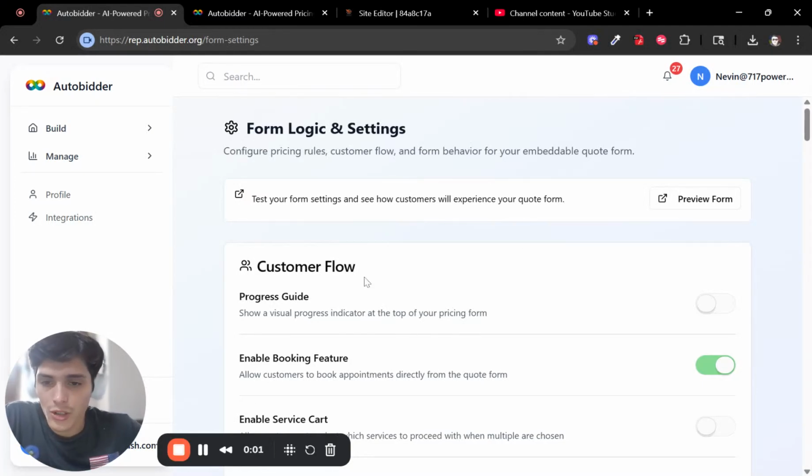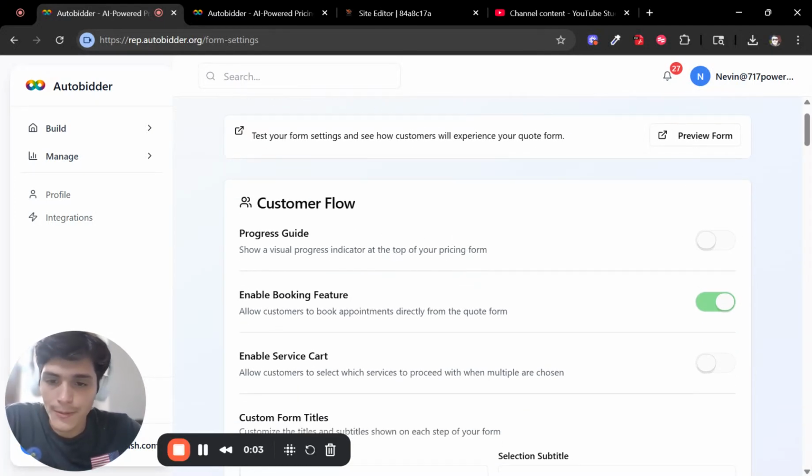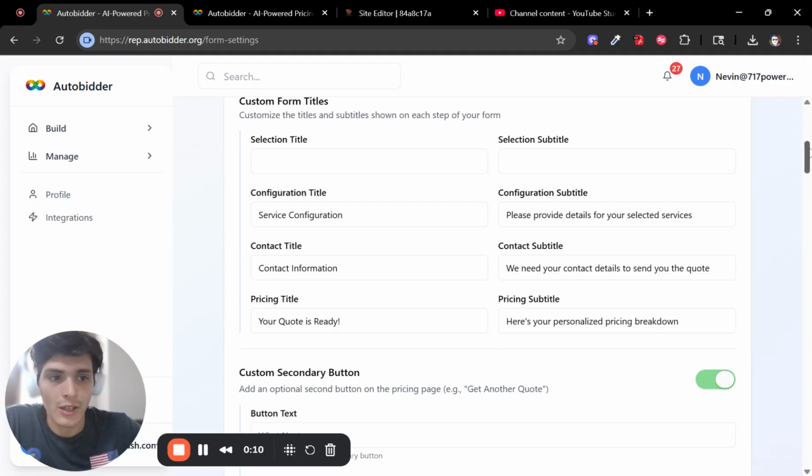An overview of the logic page. So let's dive right into it. The first thing you see here is a progress guide. So if I toggle that on and then scroll down and click save,